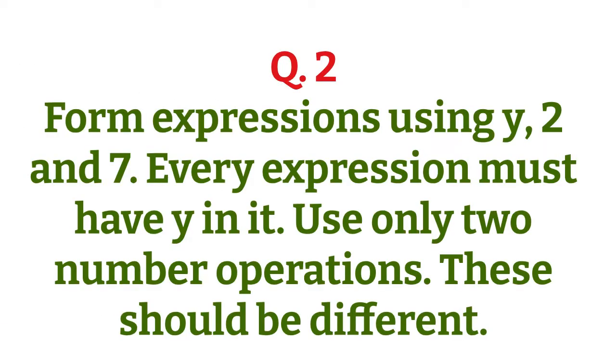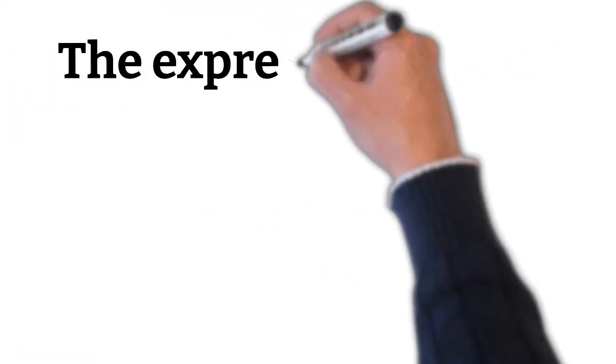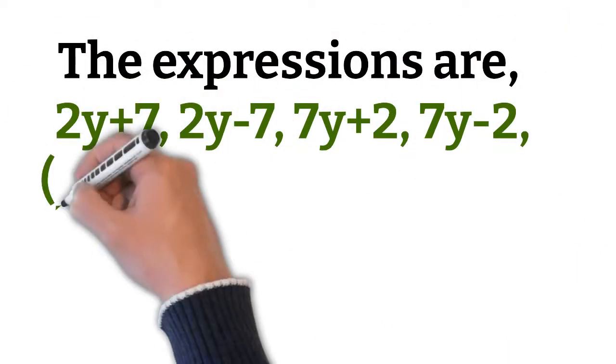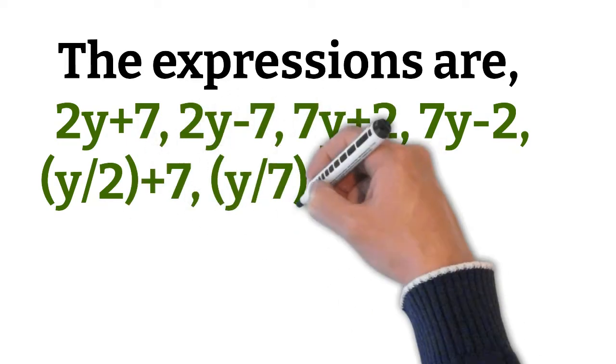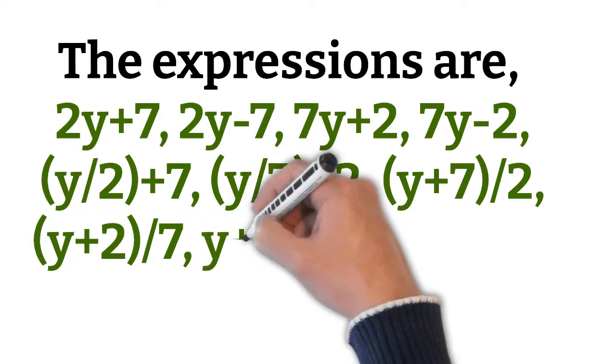Question number 2. Form expressions using y, 2 and 7. Every expression must have y in it. Use only two number operations. This should be different. The expressions are 2y plus 7, 2y minus 7, 7y plus 2, 7y minus 2, y by 2 plus 7,